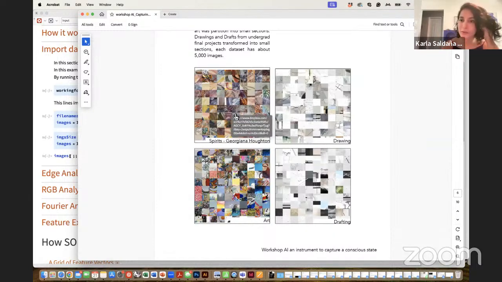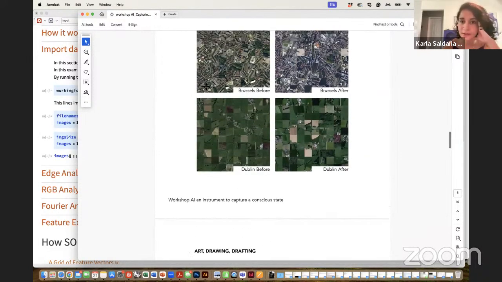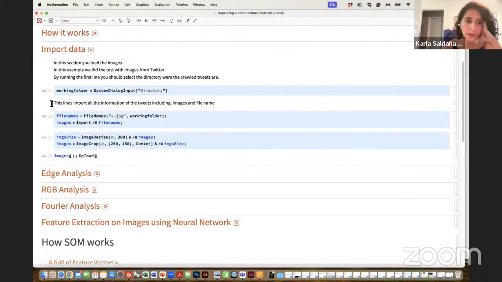So the idea for this workshop is to understand that the digital allows us to have a continuous movement. It's not discrete, but continuous, because an image can become numbers, can become text, can become sound, can become video, can become 3D. So that's really interesting to think about. Right now I've curated these data sets for you to play with, but you could really look at any other data set that may be interesting for you to work with.